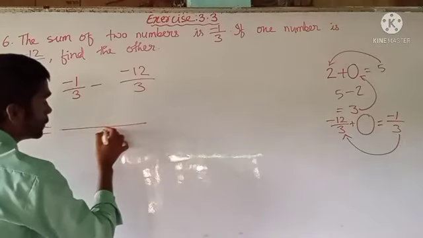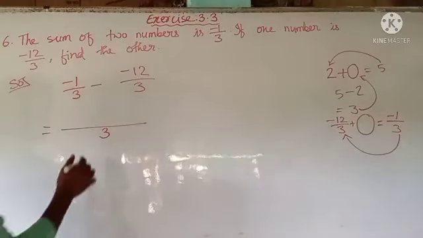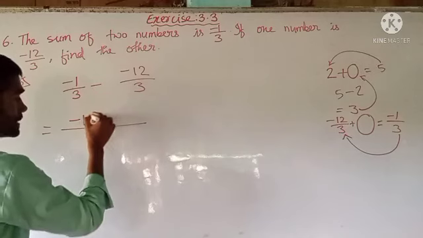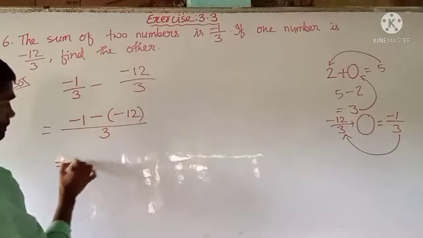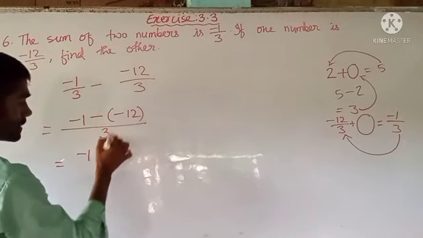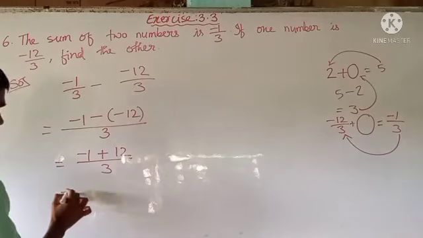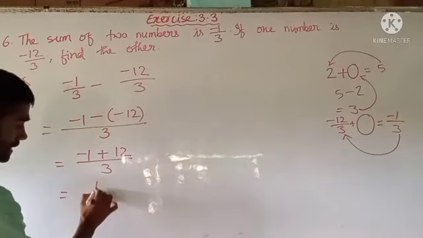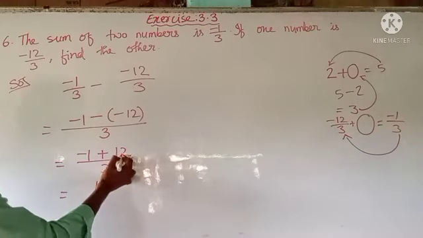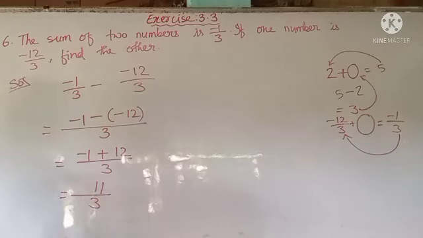So what we will do is, we will write one of the denominators and upside we will write whatever it is as it is. That means minus 1 minus again minus 12. So here minus 1, minus into minus it is plus 12 by 3. Now here minus into plus it is minus, so 12 minus 1 we will get here 11, and the sign of the greater integer is 12, the sign is plus, so plus we can leave it. Now we got the answer, that is 11 by 3.